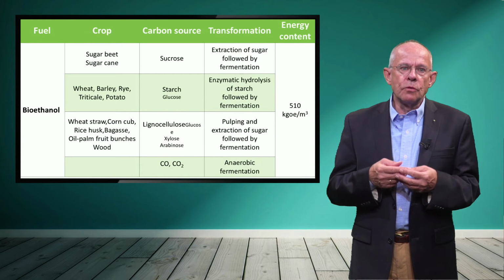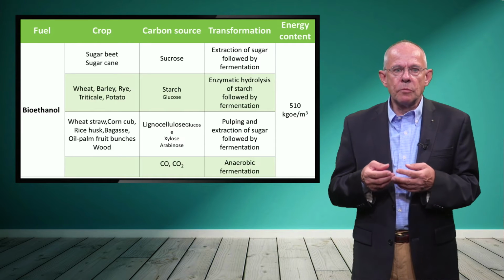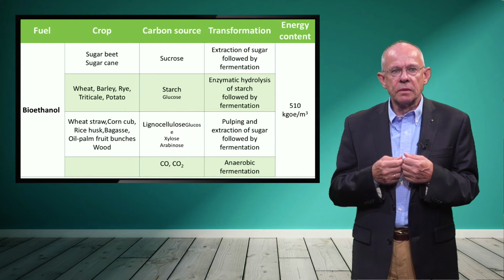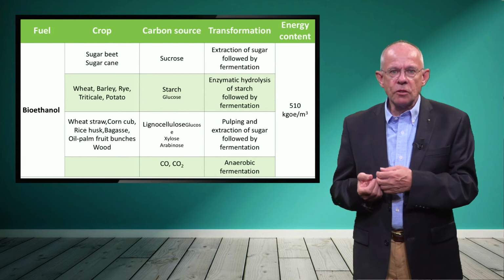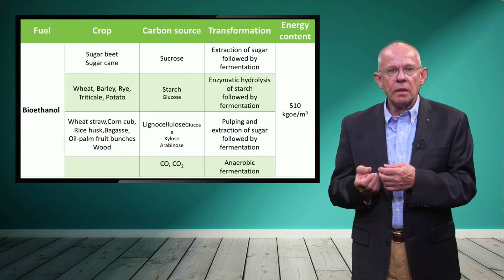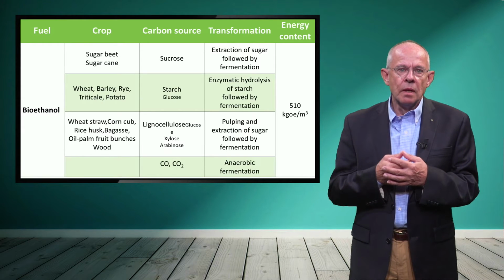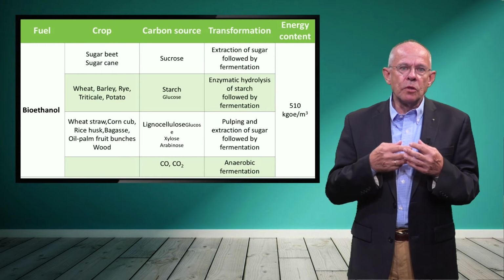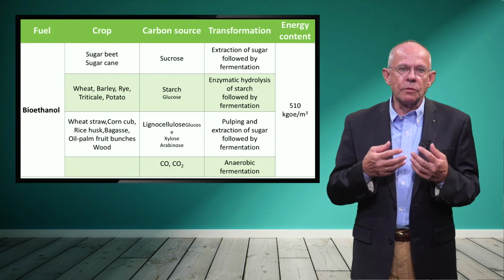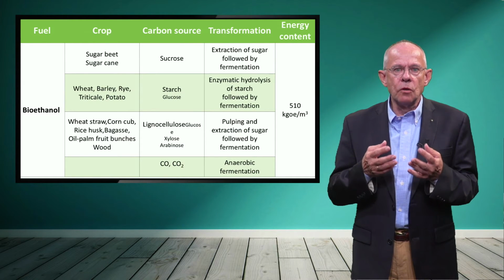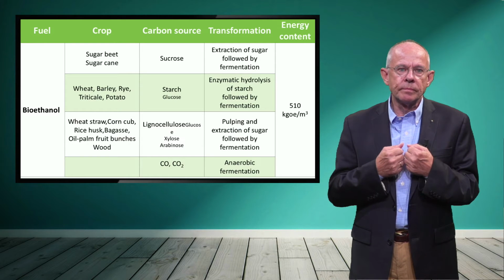Cellulose consists mainly of glucose. Hemicellulose comes with so-called C5 sugars like xylose and arabinose, containing 5 carbons. Both C5 and C6 sugars can be used to produce bioethanol, thus in principle making any plant material a suitable sugar source. All these materials, and even carbon monoxide and carbon dioxide, as mentioned in the lowest line of this table, can give bioethanol. The energy content is 510 kilo oil equivalents per cubic meter. Please note that lignocellulosic materials are not edible and therefore classified as non-food biomass.